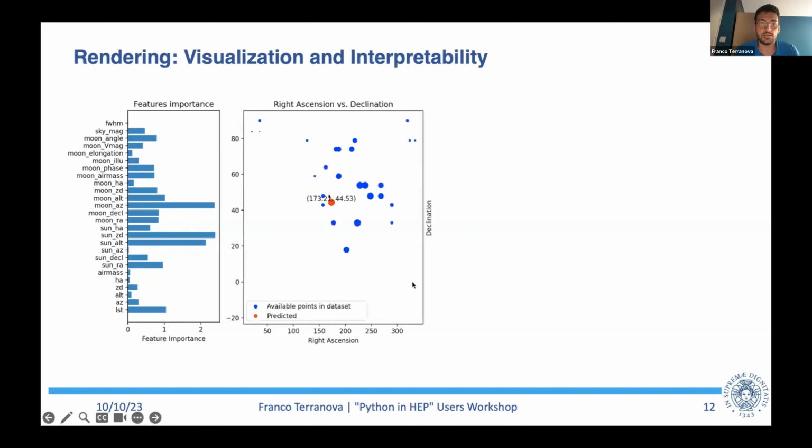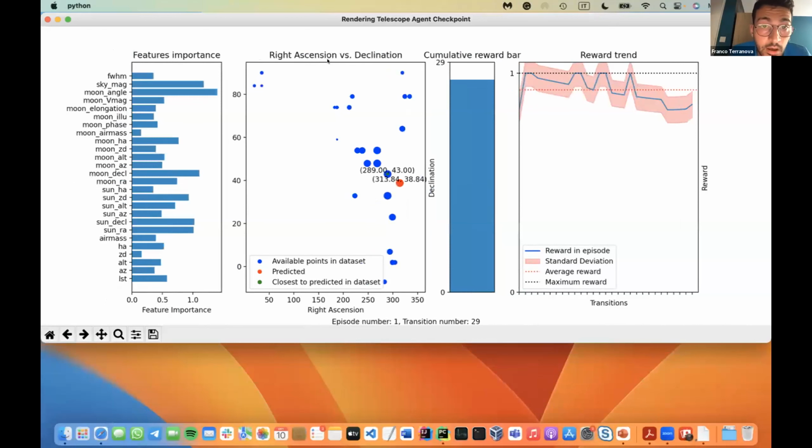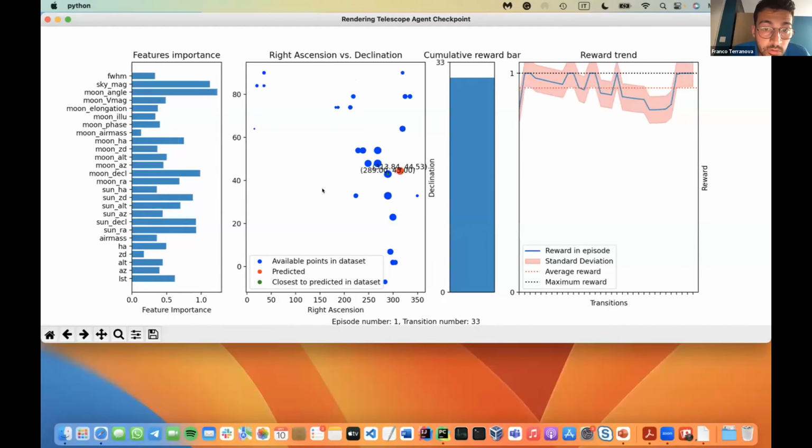We're going to see the action chosen by the neural network that we trained, and all the possible sites available, with the sites proportional to their reward, that is, to their quality. Then we're going to see the maximum reward we could have gathered with respect to the minimum and the one that it has gathered. The same reward we can also see as a trend normalized between 0 and 1, with a mean value and the standard deviation. And in particular, this is going to be live using the command we saw before.